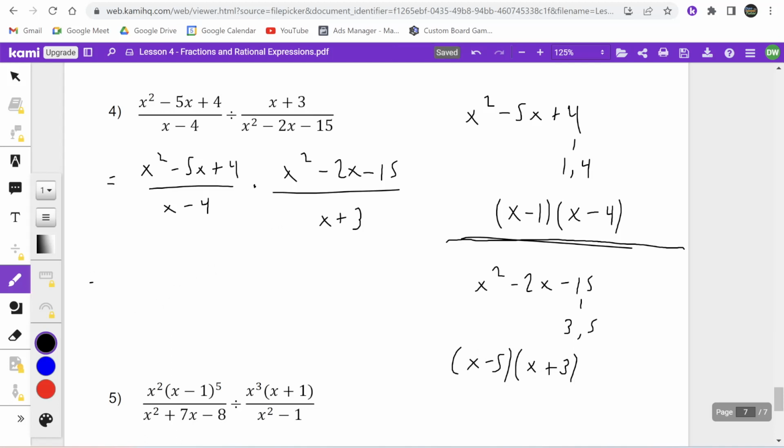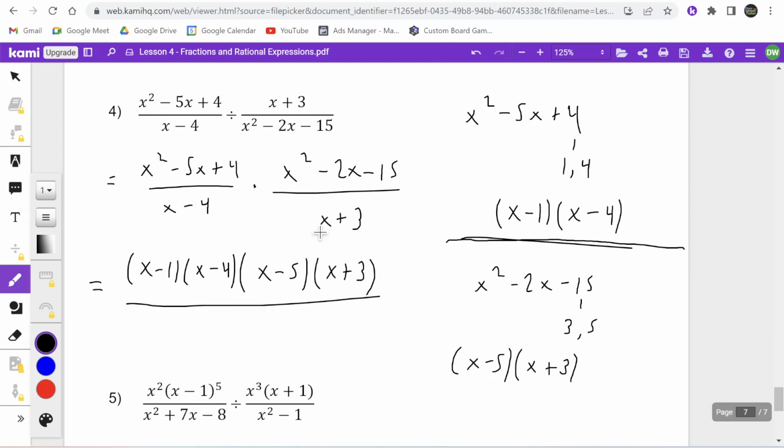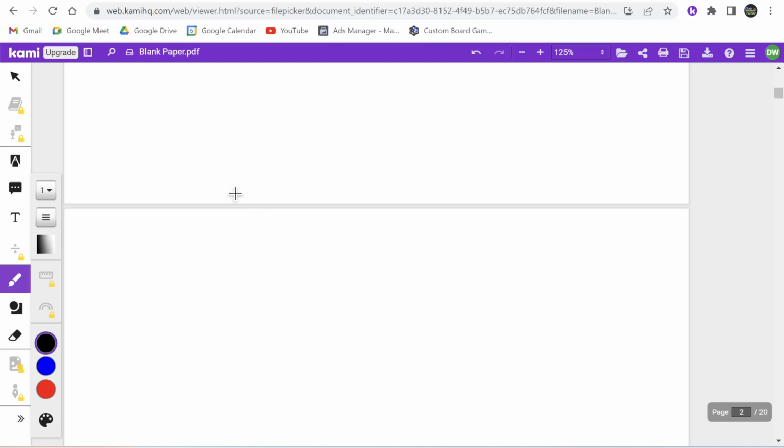And so then I'm going to rewrite it with all my new fancy factors. I've got in the numerator x minus 1 times x minus 4 times x minus 5 times x plus 3. In the denominator are the two things that were already there. It's x minus 4 times x plus 3, just like that. And now you'll see that the two things cancel. x minus 4 cancels and x plus 3 cancels. And so what we're left with then is x minus 1 times x